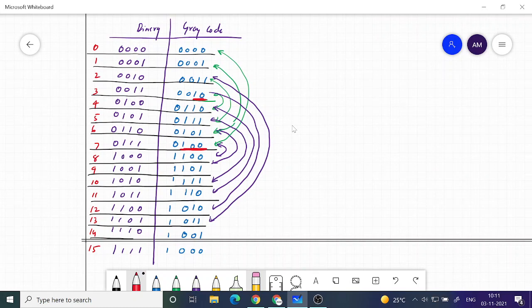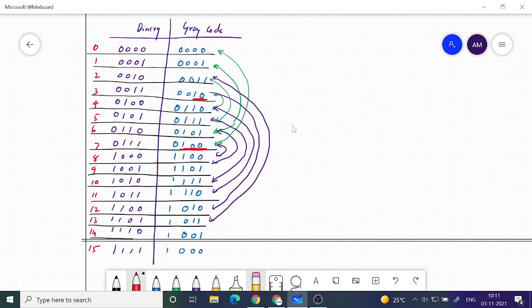Okay. So the algorithm, as I told you, when you write the gray code, you start with 0 0 0 0, and then you are only allowed to change one bit. You get 1 here, and you try to change it in the least significant bit position, such that earlier code is not repeated. So you change 0 to 1, you get a new code.